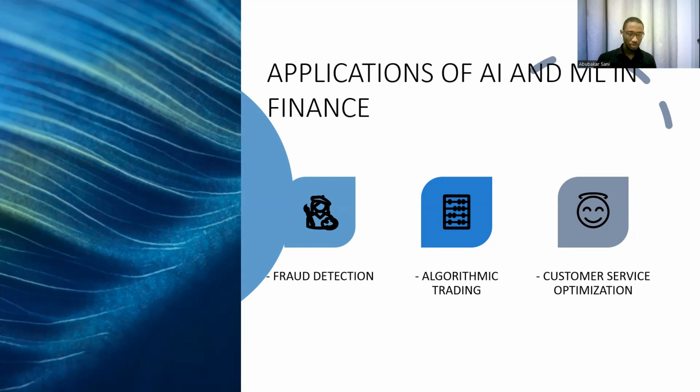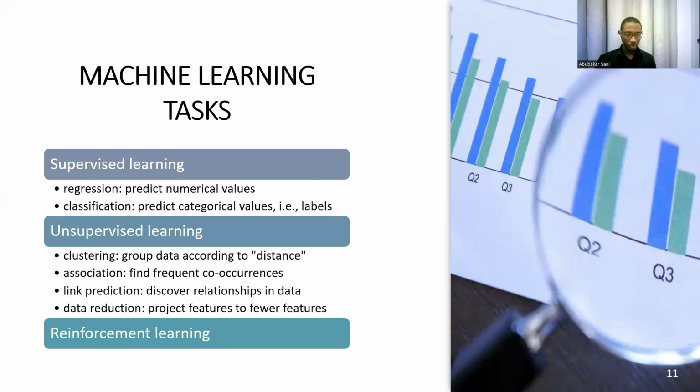So I'm sure if you have contacted your bank recently, one of the first points of contact you will come across will be either a chatbot, or a speech bot where you speak to it and it replies to you. So they have now started to integrate this in many, many systems so that customers can be able to have real-time customer support. Not only that, customers can also be able to understand and have a very good experience with the customer service.